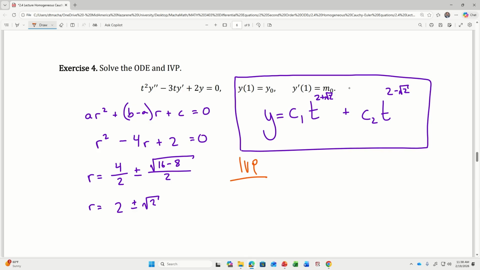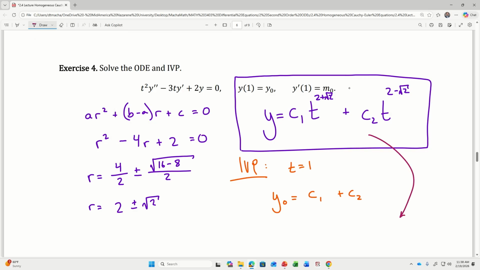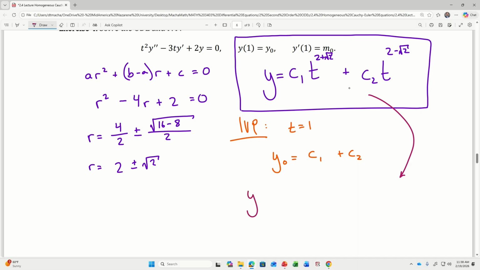Okay, so instead I'm using t equals 1 for my initial time. And that means I can set y0 equal to c1 plus c2, because 1 raised to any power is just 1. And then when I take the derivative of this, we find that y prime is equal to